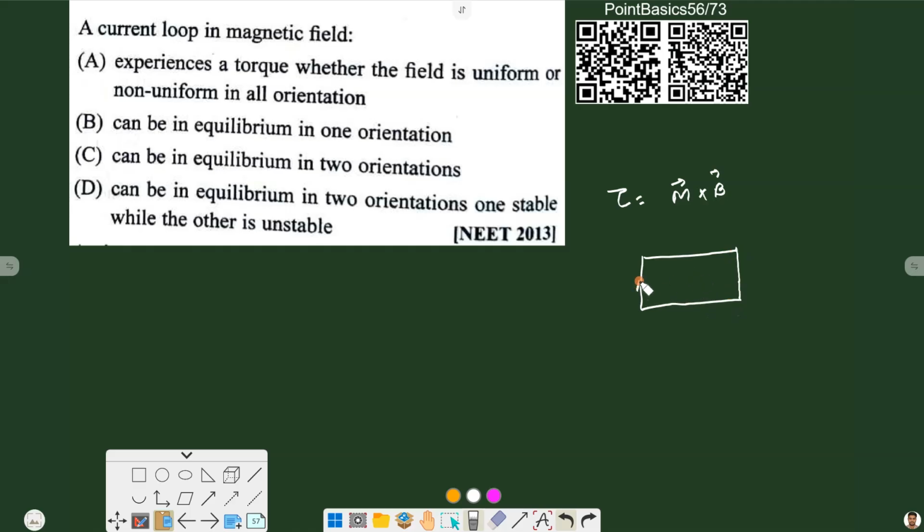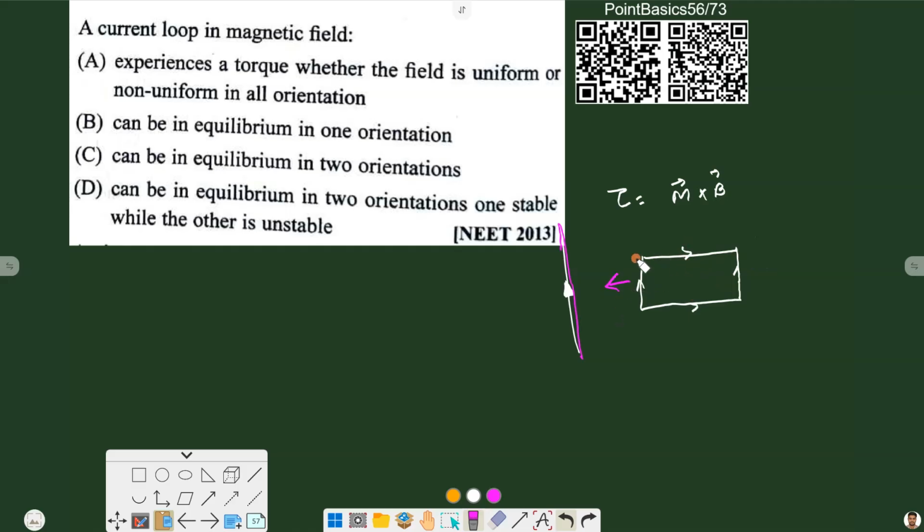This is a rectangular coil and this is the wire which is producing a non-uniform field, because this is a long straight wire, so the magnetic field due to it changes as per the distance. As we already solved this type of question, as a whole this wire experiences an attractive force,